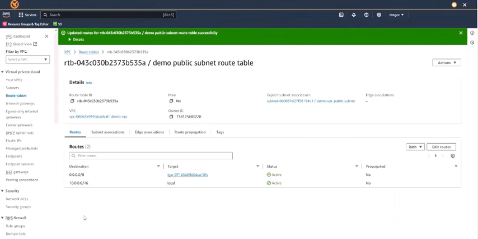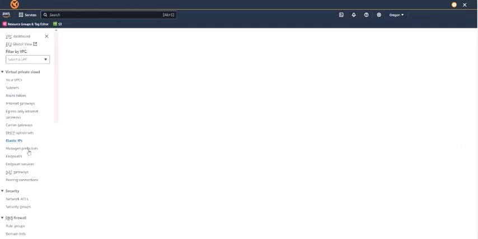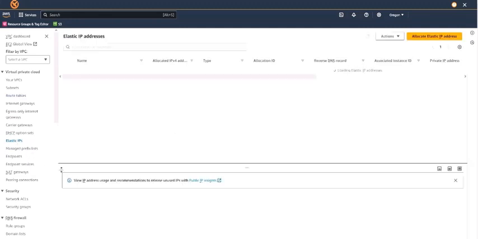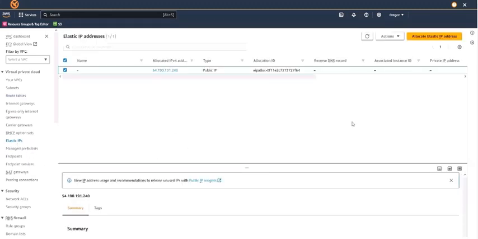Okay, next, we need to create a NAT gateway for our private subnet to communicate to the internet for needed patches. A NAT gateway is going to use an elastic IP address. Elastic IP addresses are public IP addresses that AWS provides.